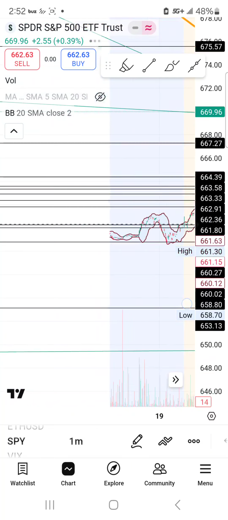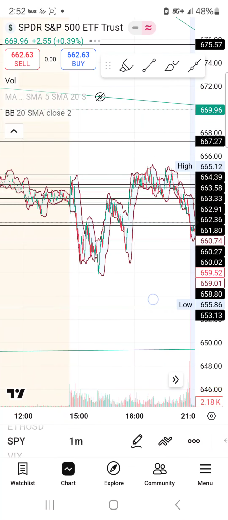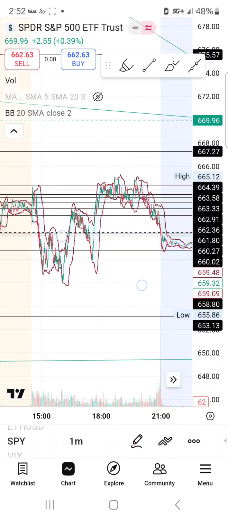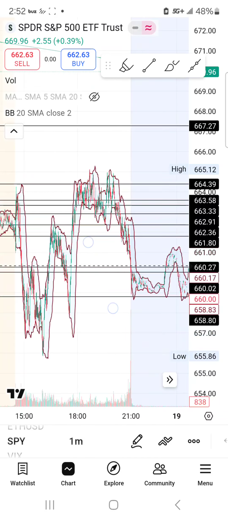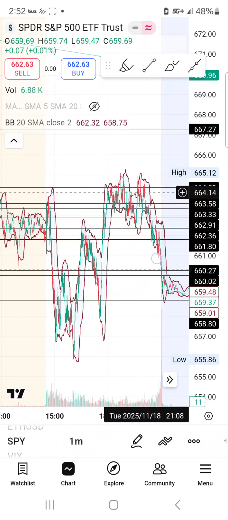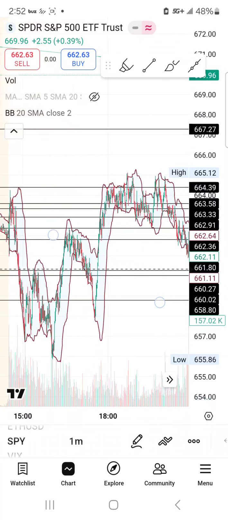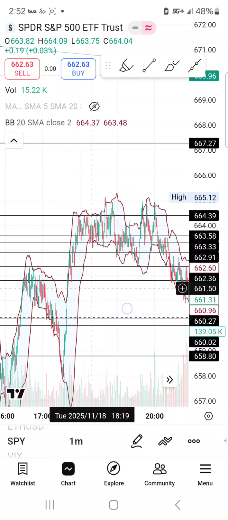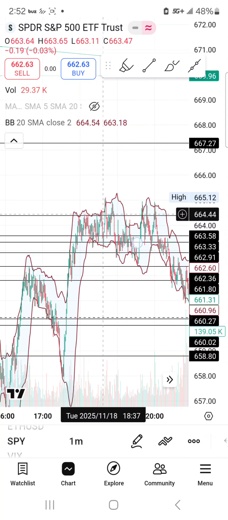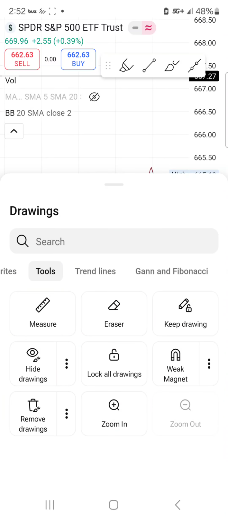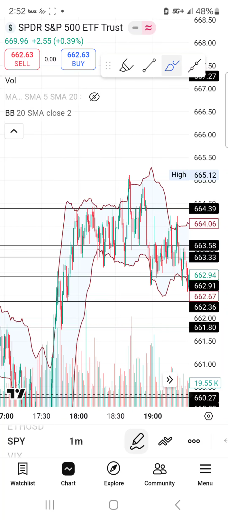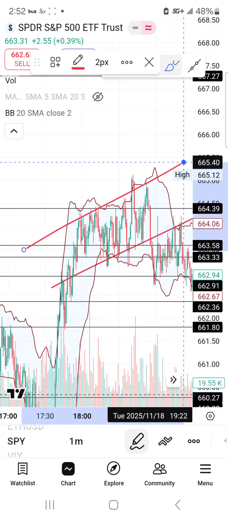So let me just scroll back to this other day. I want to just note this because here I am. Here I am. I play this resistance at 664. Not a bad move. Not a bad move. I got in earlier around this and this, and again, man, just for sake of time.